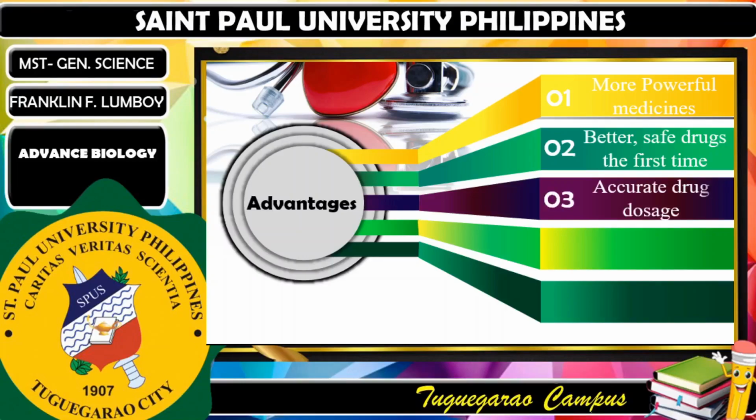The third one, another benefit or advantage of pharmacogenomics is more accurate methods of determining appropriate drug dosages. Current methods of basing dosages on weight and age will be replaced with dosages based on a person's genetics: how well the body processes the medicine and the time it takes to metabolize it.